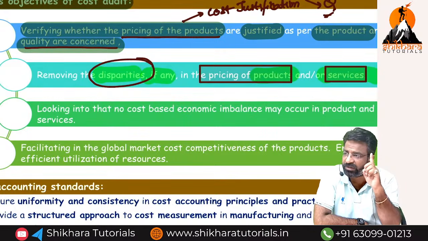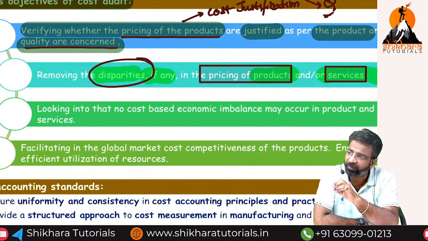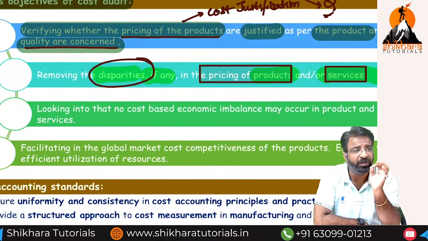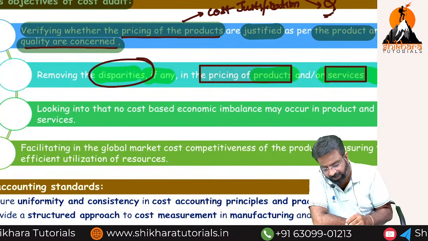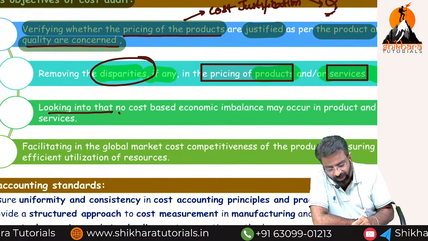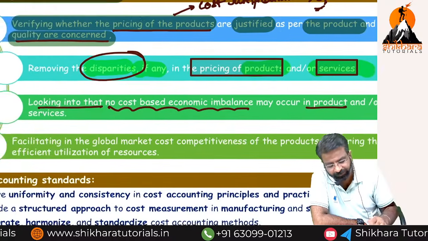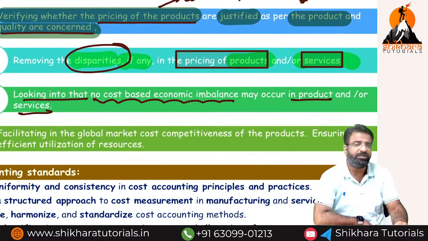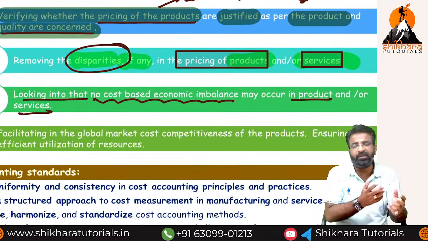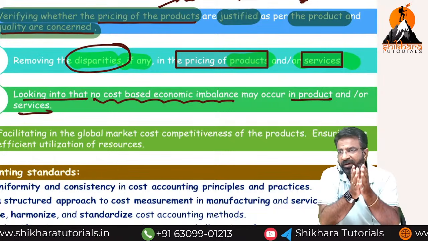First one is cost justification and price disparity. What is the first word? Price disparity. Read the next one. Looking into that, no cost based economic imbalance may occur in what? Product or what? Services. Now you might have seen that some of the products actually available in the world